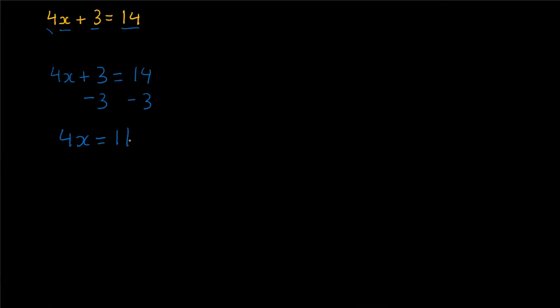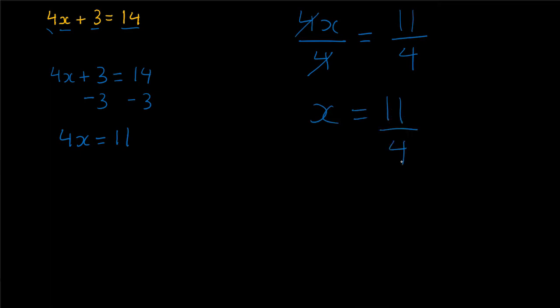And now as you guys have done in the previous examples, now we divide both sides by 4. So we got 4x divided by 4 equals 11 over 4. And the two 4's on the left-hand side cancel out, and we're left with x equals 11 over 4. And we can leave it